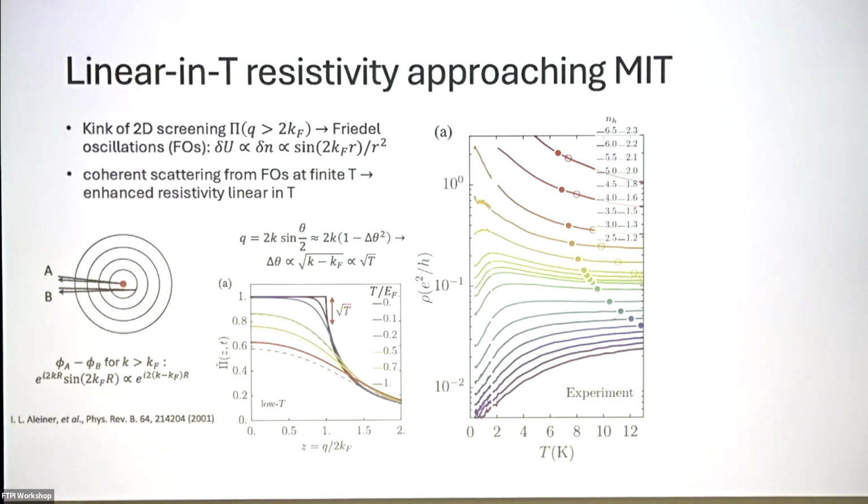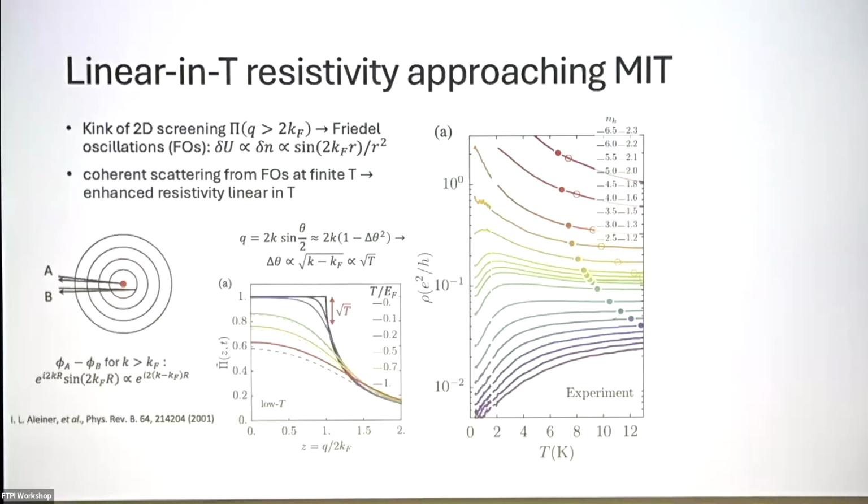Indeed, if you look at the polarizability function, there's a kink at 2K Fermi. If you have finite temperature, then you can reach the states above 2K Fermi. At that moment, the charge impurities are not well screened, because of the fact I mentioned. And that would increase the resistivity by some amount.